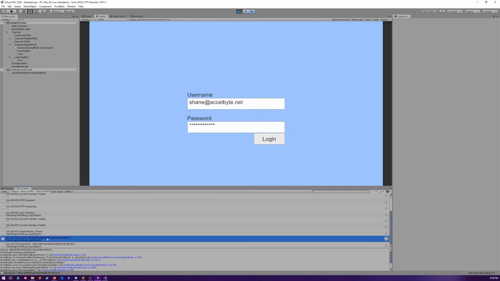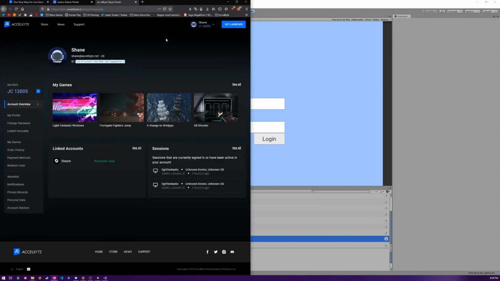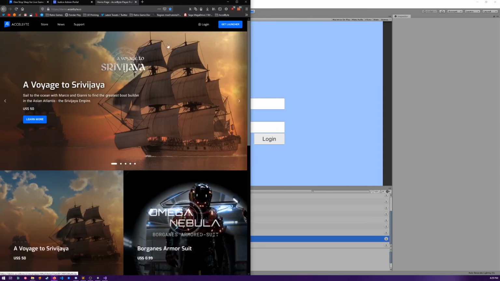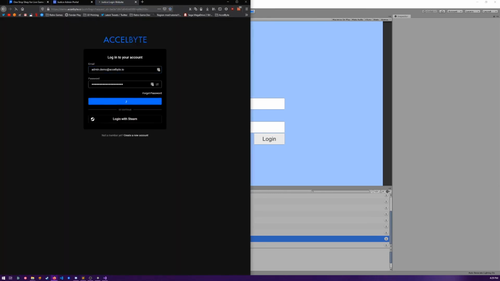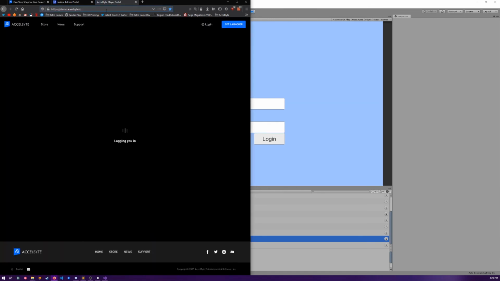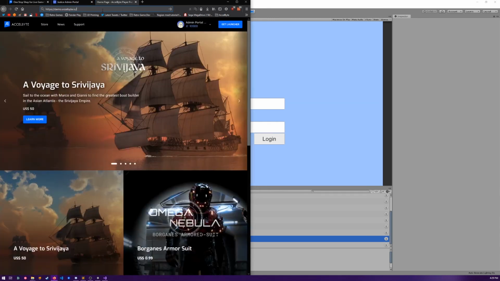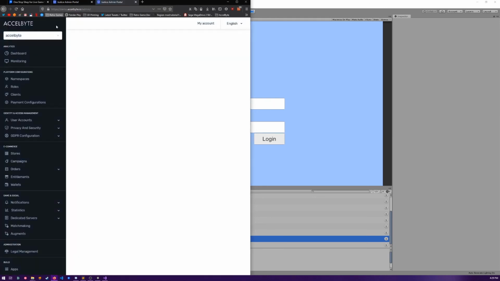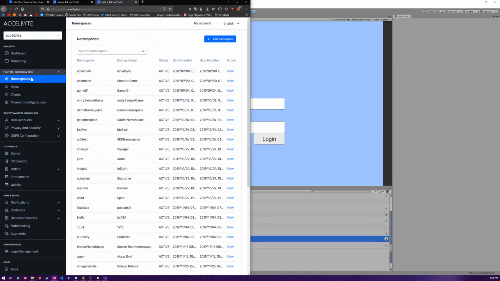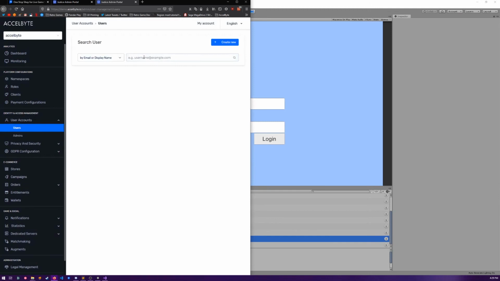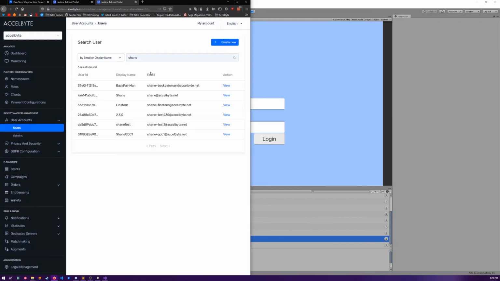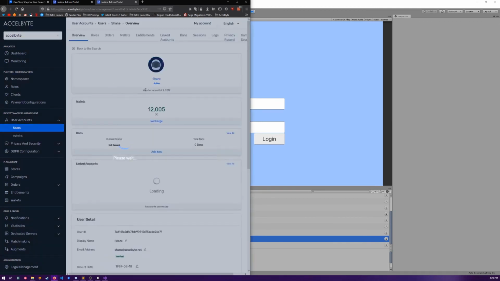So as I mentioned there, the user ID here is different, so we can actually jump into our admin portal very quickly. So we log out of our user, log in with our admin, and then go to the actual admin portal. So this is the top level publisher namespace. If I go to user accounts and type in Shane, we can see the account that we were using on the website. So you can see the user ID is